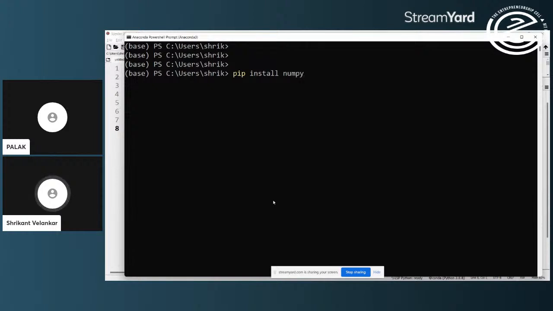Now it will say already installed for me. But if import numpy in Python gives you an error saying no such package or module, then you have to have this installed. This has to be done at the command prompt.